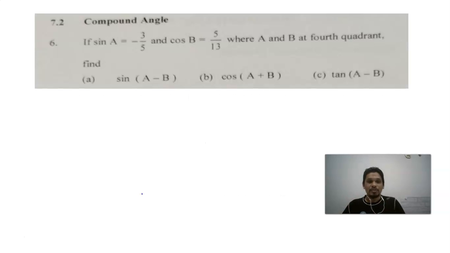So I chose this question here. Given sine A equal to negative 3 over 5 and cos B equal to 5 over 13, where A and B are in the fourth quadrant, imagine where the angles of A and B lie in the fourth quadrant. So imagine here now clearly. We're going to find out all this one by one, but before that,